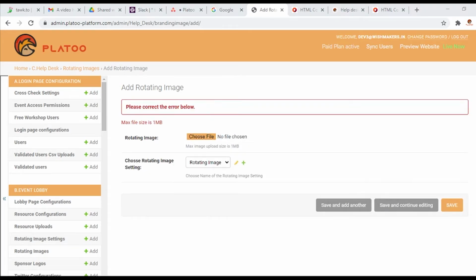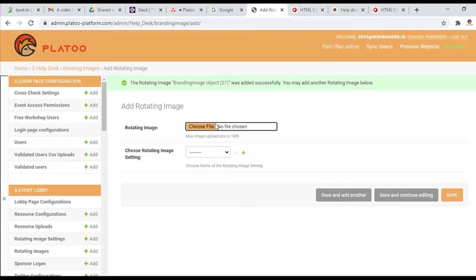Okay, so you should remember that the file size should be max 1 MB. So I will choose this picture. All right, so I'll add another picture that I want to rotate, and I'll just save it.